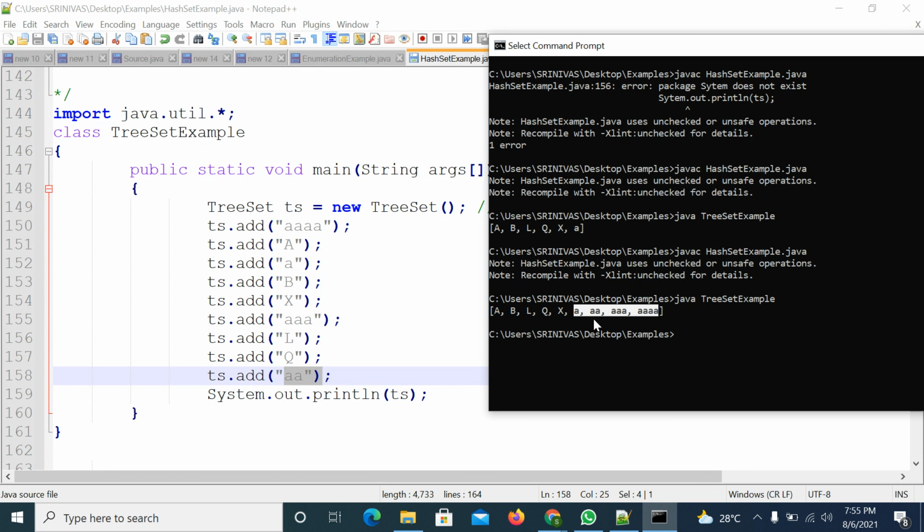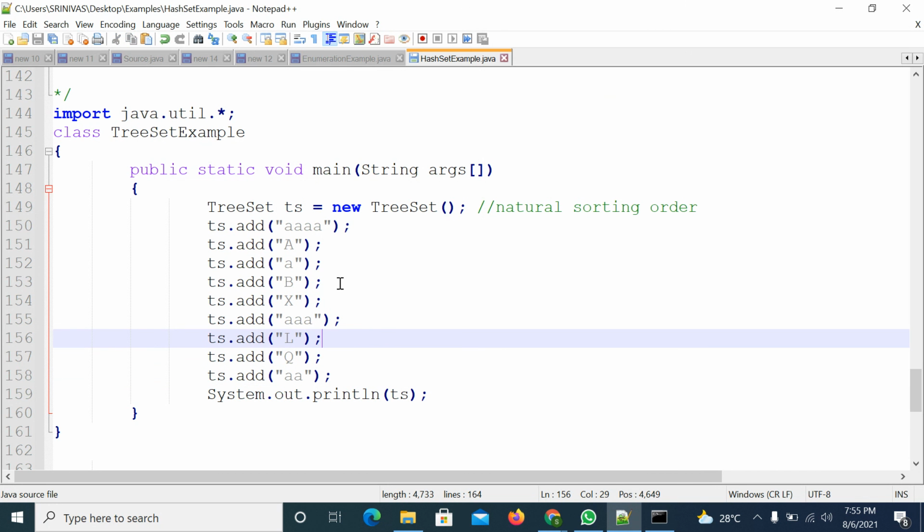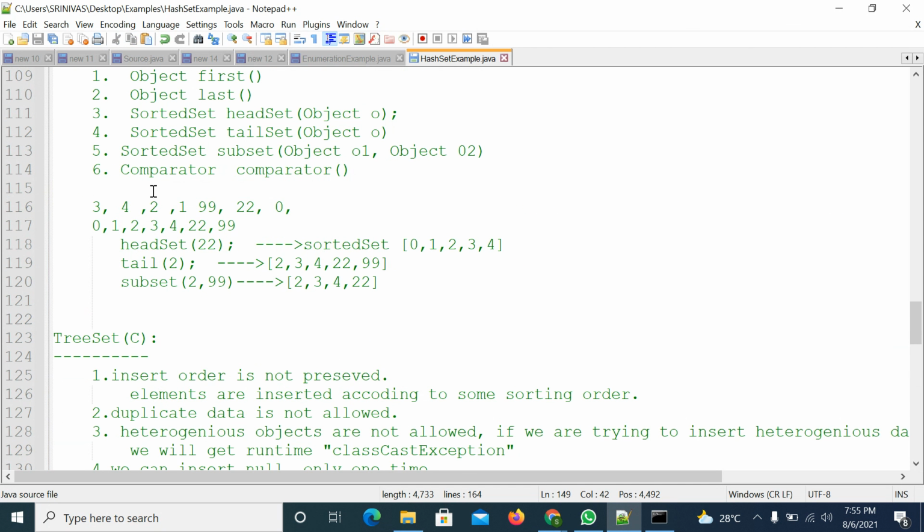Elements are added as part of the dictionary order. In the same way that words are arranged in a dictionary, it maintains alphabetical order and dictionary order also. This is called natural sorting order. If you don't want this natural sorting order and want to customize it, then we can go for a comparator.